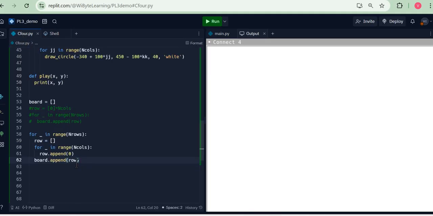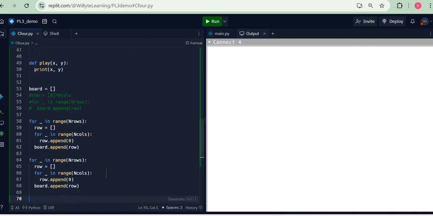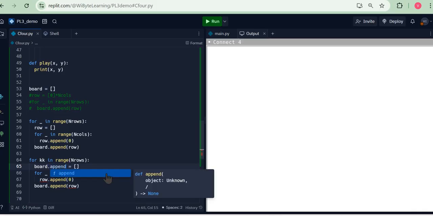We can do it somewhat differently as well. It's almost the same actually. What we can say is, let me just take this for loop and rewrite it somewhat differently here. I can go and say, for kk in range n rows, do almost exactly that. Say board dot append list. So I'm appending an empty list to the board, and thereafter I am, on that particular list,